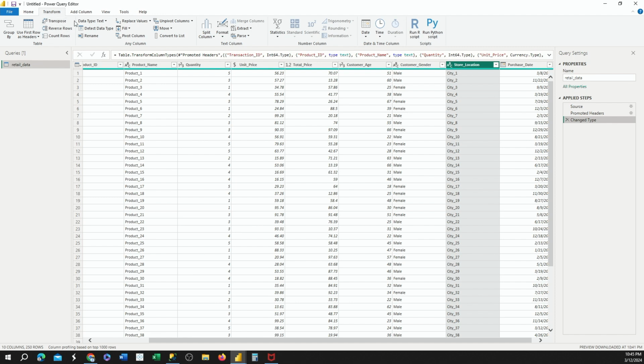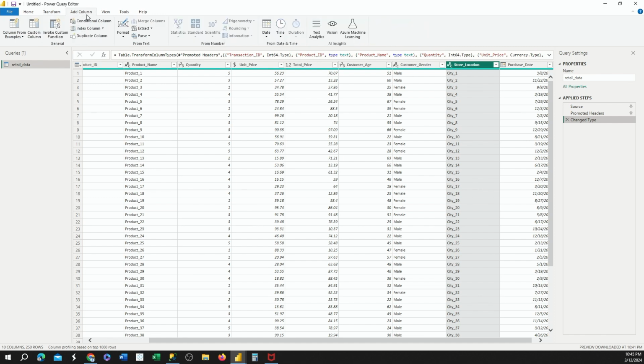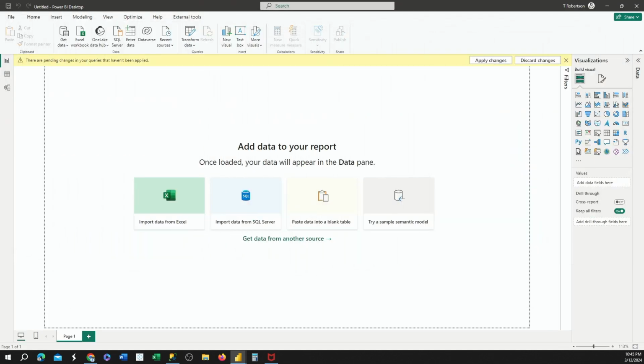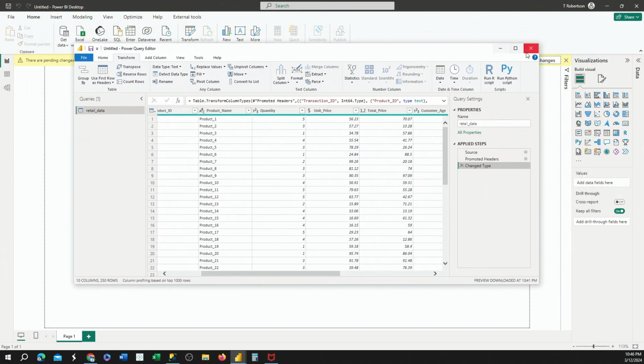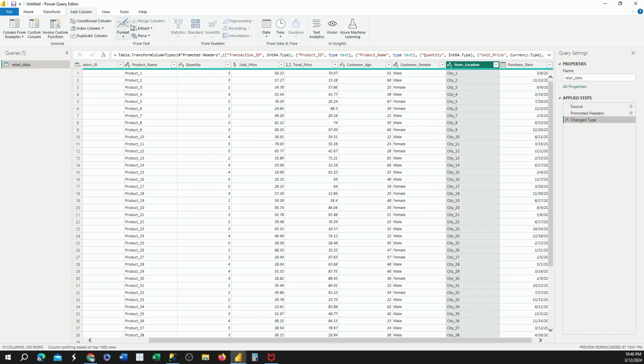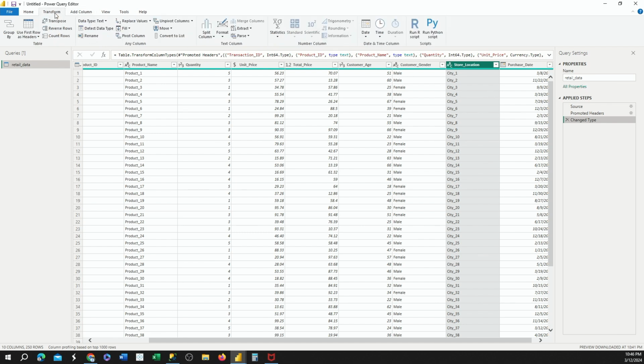So I did a transform. If I wanted to add a column, let's see, transform. If I want to add a column, if I want to transform the column,